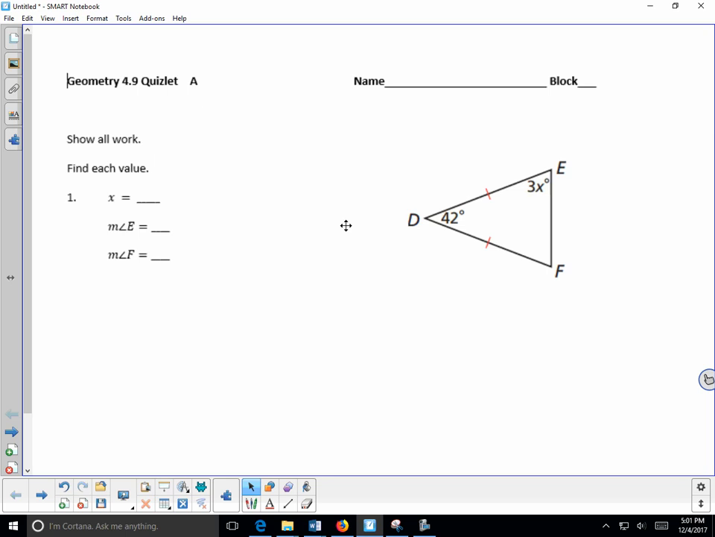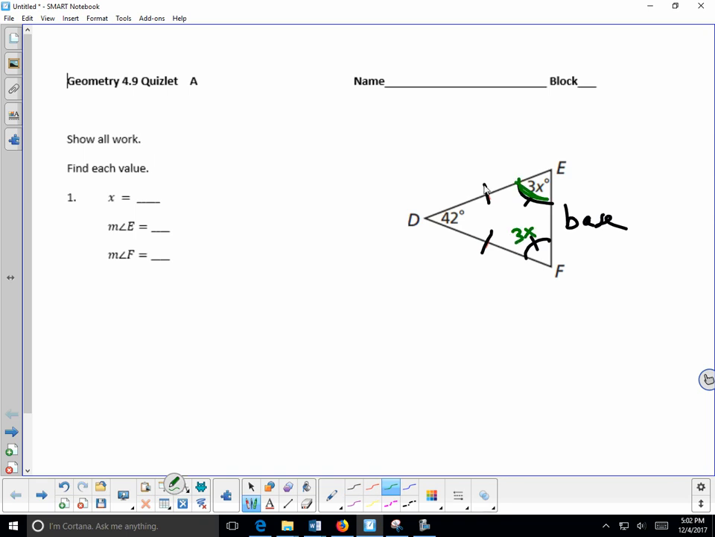We see that we're supposed to find various values here. And we notice, first of all, what's marked congruent. Segment DE is congruent to segment DF. So that makes those two sides congruent, which means that this must be the base. And this would be a base angle, and this would be a base angle, and those two angles would have to be congruent. So in this case, we know that this angle here is 3x,